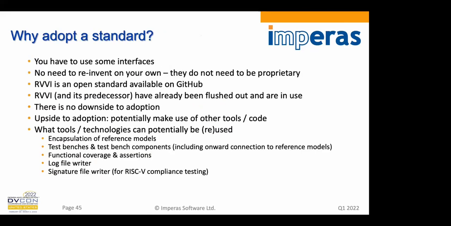And if there are standards, why would you adopt them? Well, you have to have some interfaces, and they do not need to be proprietary. You don't need to have your own interface. You could use a standard interface and build your own technologies around it. That's fine. And we're going to be talking about RVVI and what that is, the RISC-V verification interface, and it's available